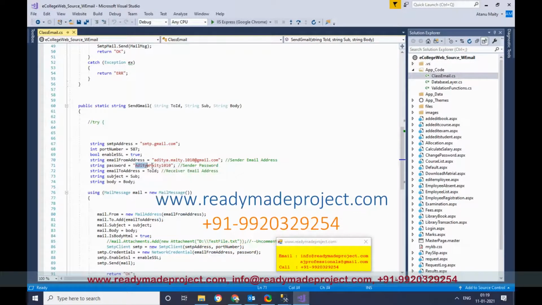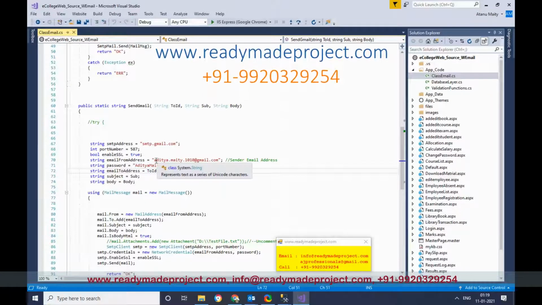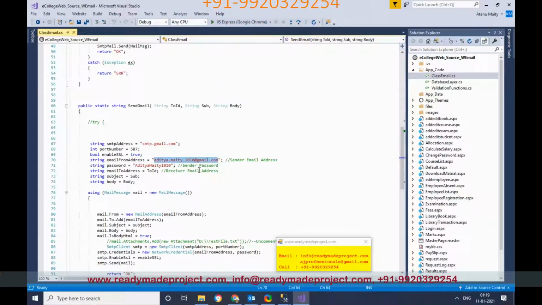From this Gmail ID the mail will be sent. So this is my email ID. Once you receive this project, you have to change these two things to send the email.